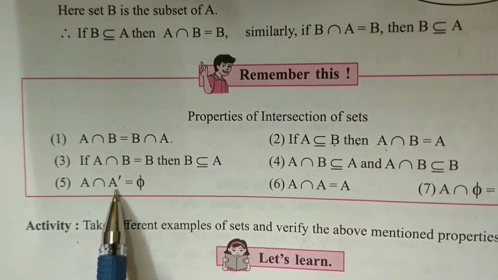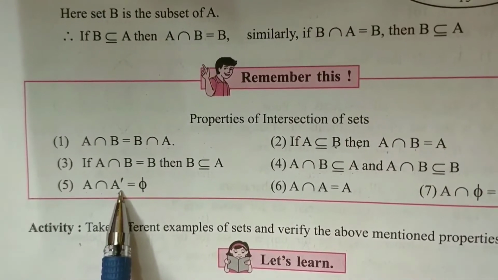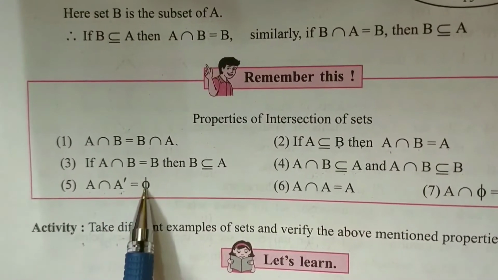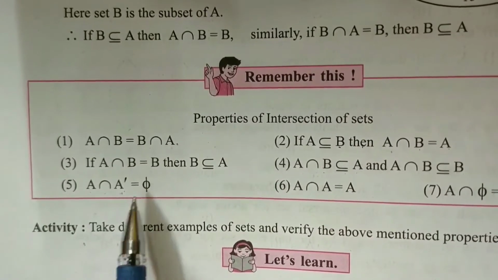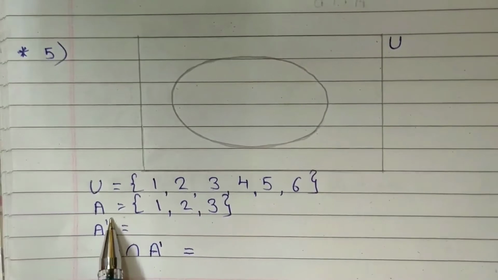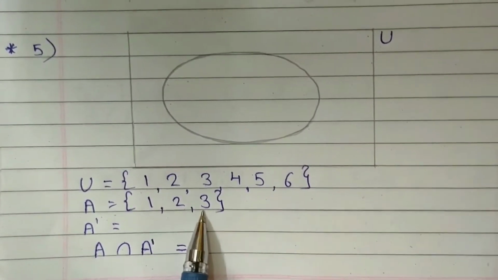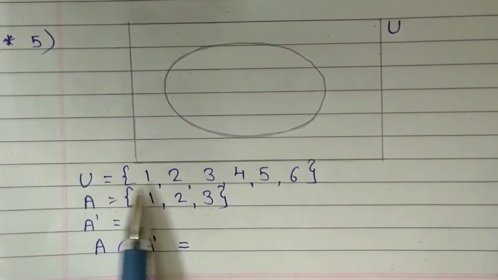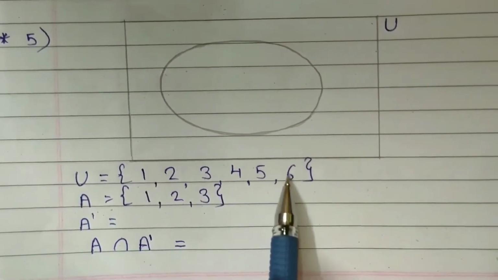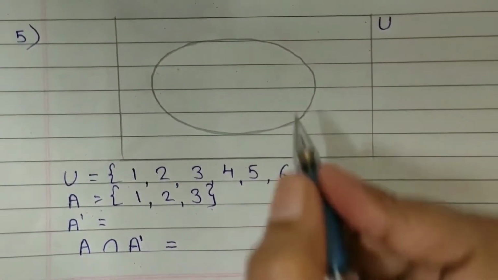When we look for the common element in both, actually we cannot find anything. So it is an empty set. Let's see one example for this. Suppose I have set A which contains elements 1, 2, 3 and its universal set is 1, 2, 3, 4, 5, 6. So how will I represent it through the Venn diagram?